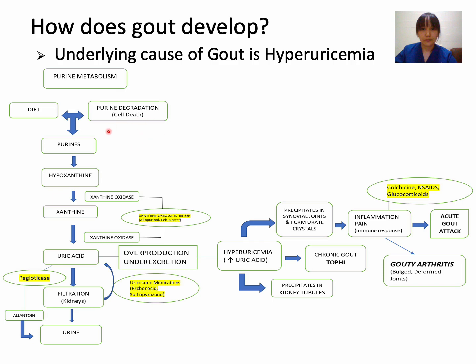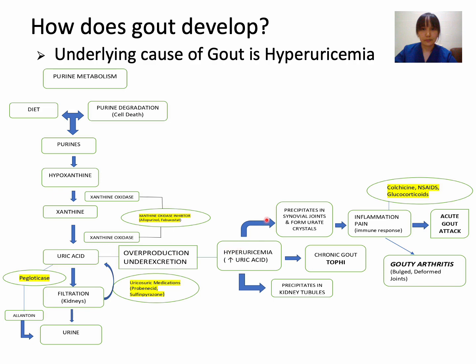So when a cell dies, these purines must be disposed of. The body does this by converting purines into hypoxanthine, which is then converted to xanthine, and then finally to uric acid. The breakdown is performed by the enzyme xanthine oxidase. The process happens in the liver and contributes roughly 80% of the body's uric acid. Uric acid is a molecule that can be filtered out of the blood and is excreted in the urine. It has limited solubility in body fluid. So when there's overproduction or underexcretion of uric acid, hyperuricemia happens.